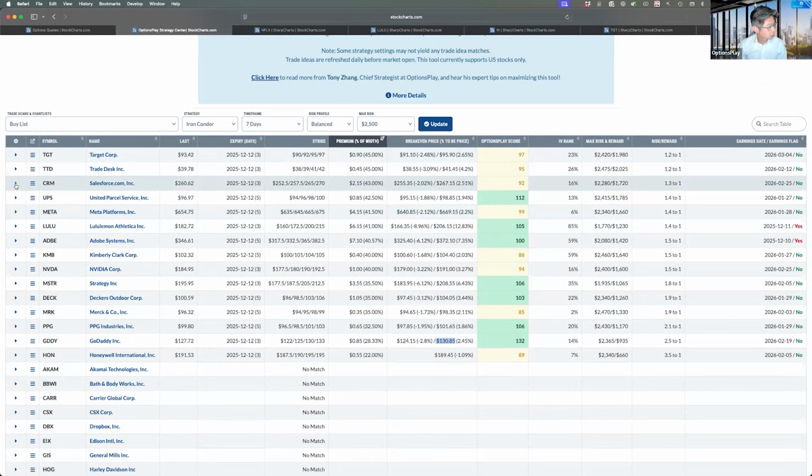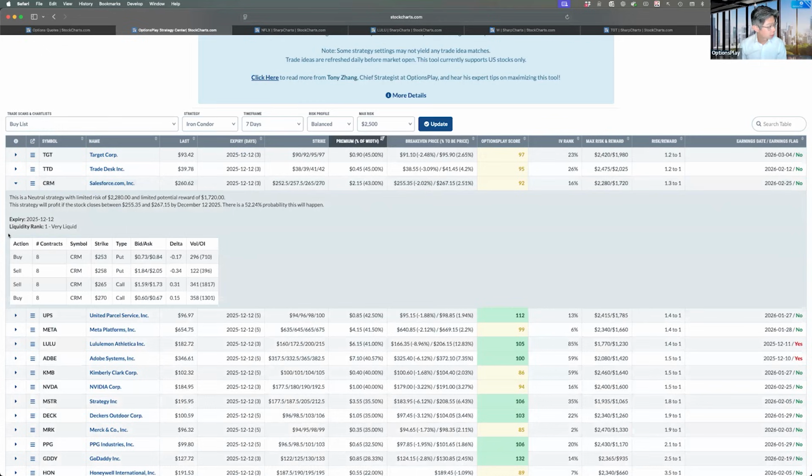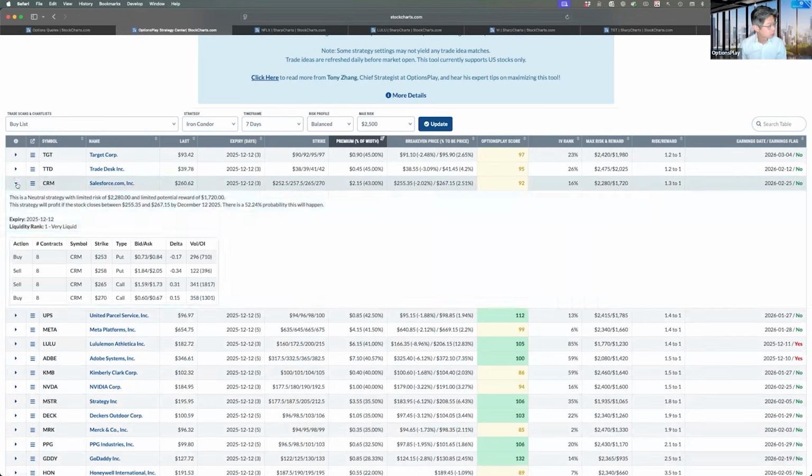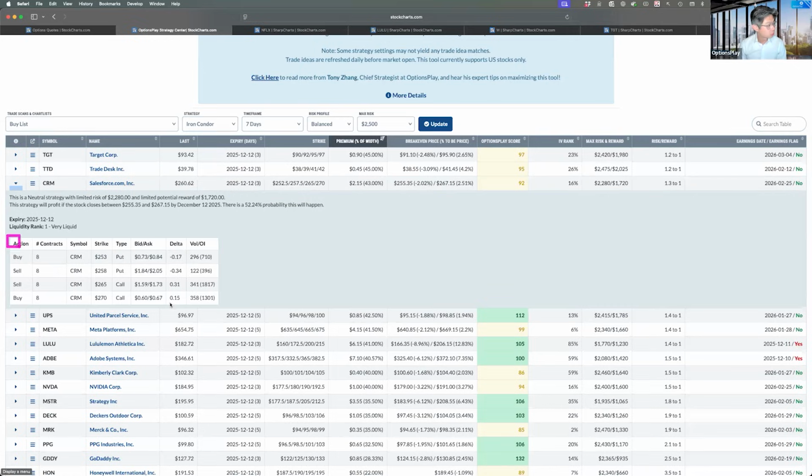And just to help you better understand, if this is one of the strategies that you actually want to take, you can just click on expand and it will give you the details of that specific strategy so that you can enter it into your brokerage firm. So we're providing you with everything that you need to identify the strategy, understand the risk to reward, have